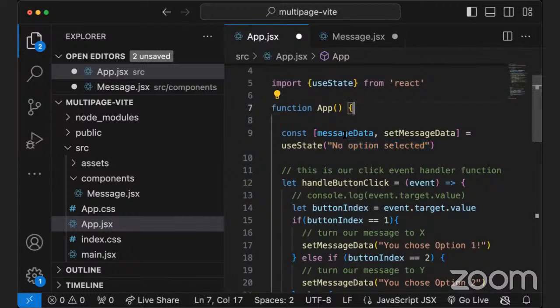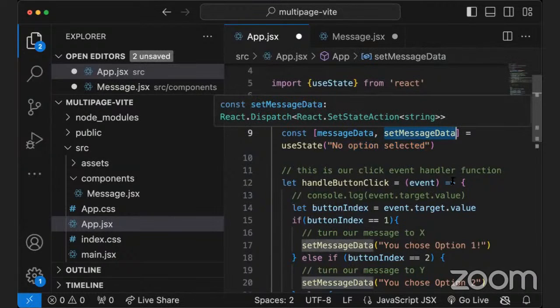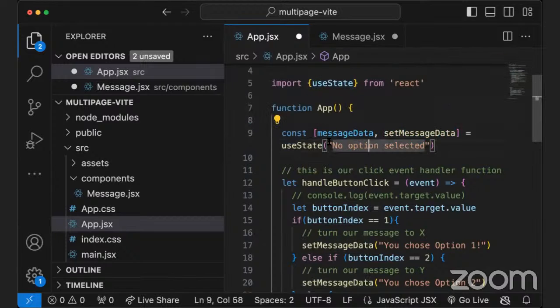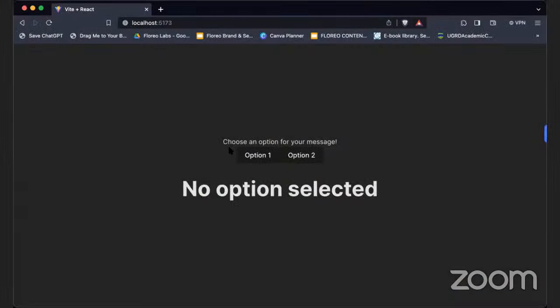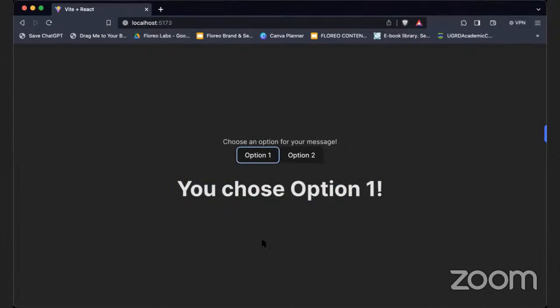In this case, we have message data as the actual value, set message data as the function that will trigger and set the state to be something different. It's an action for changing the state. And then we have the default value of the state, or the initial value of the state, set to no option selected. This is what allows us, in our code base, to start the app off with no option selected as the message. Then if option 1 gets clicked, we can switch, because in the code we're saying,